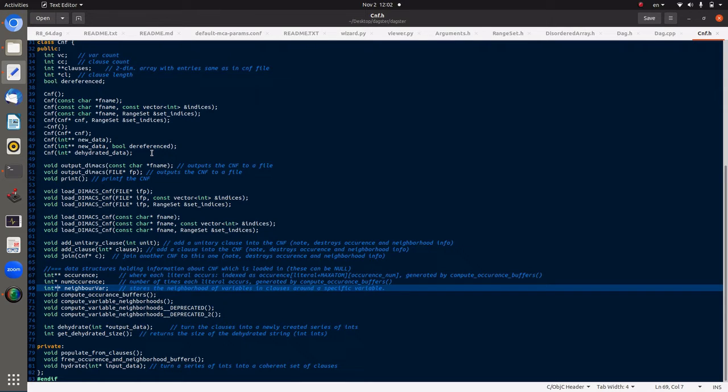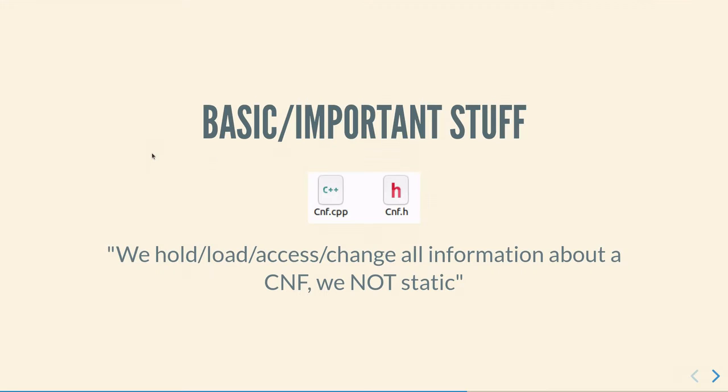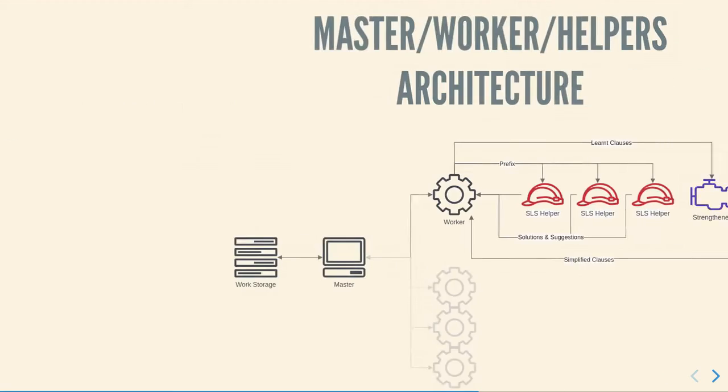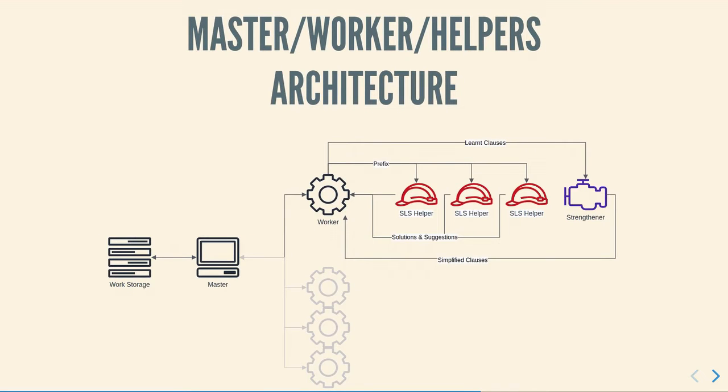So this is all of the elements of the CNF class. It's loading CNF with a bit of verification, output, input, some modifiers, and also computing relations, so occurrence buffers and neighborhoods. So that's the CNF. Right, so that's a really, really core data structure there. In CNF.h, we hold, access, load, change all information about a CNF, and we are not static. Cool, alrighty. Now, those are the obvious and important stuff that holds throughout the